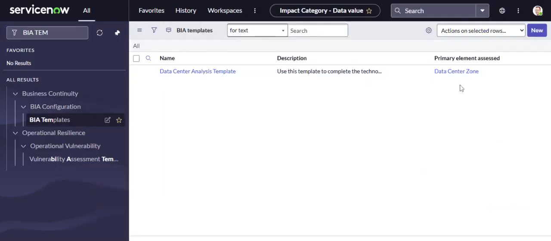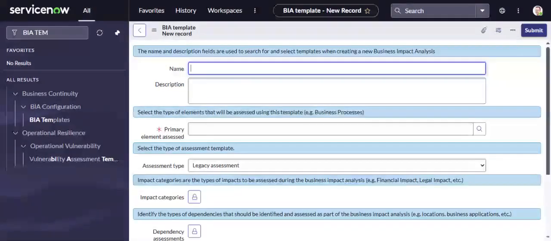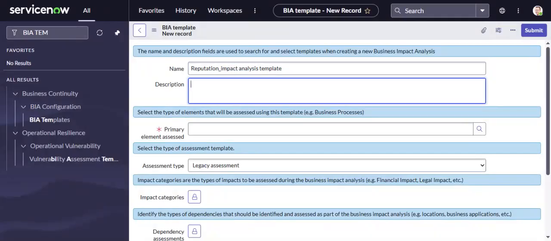Data center analysis template is already there. We'll click on new and name another BIA template. We'll name it reputational impact analysis template, and inside the description you can mention any description of your choice.